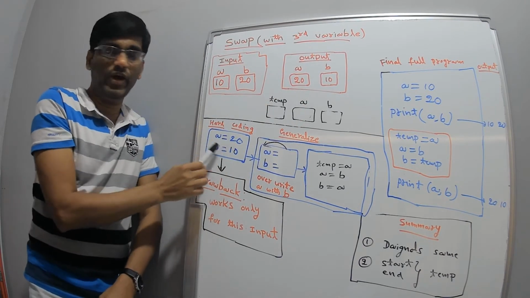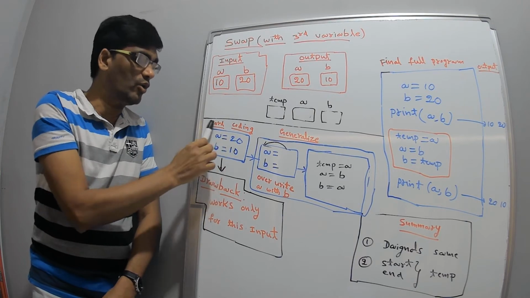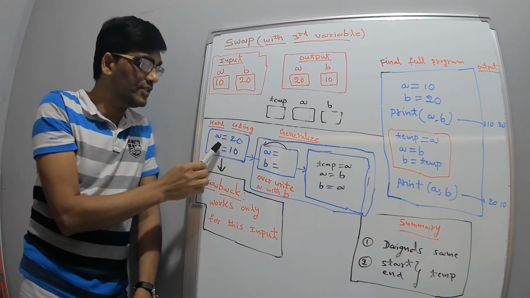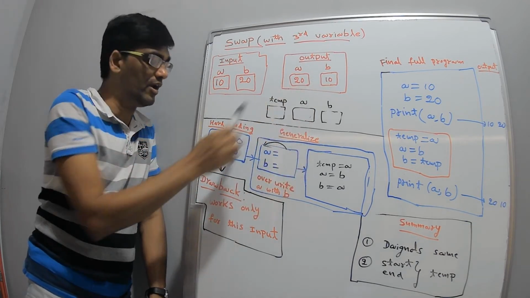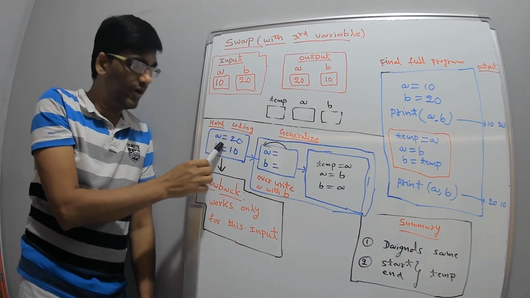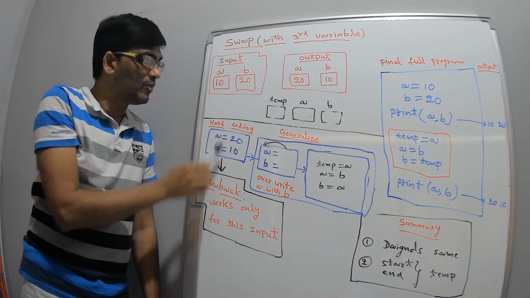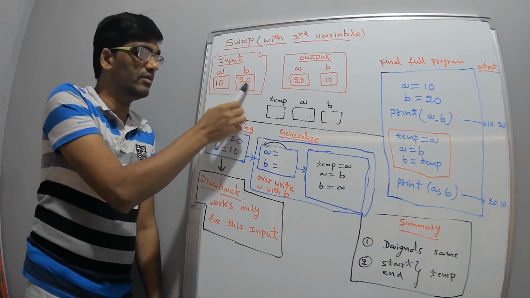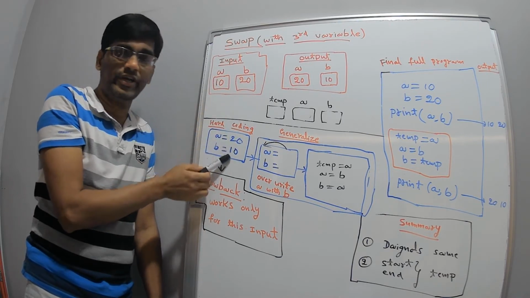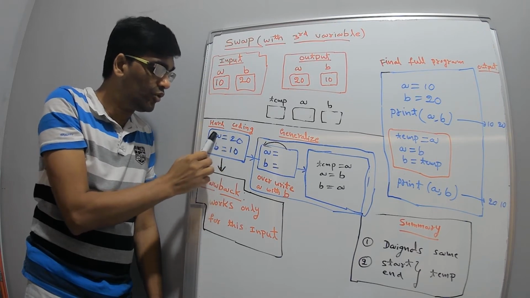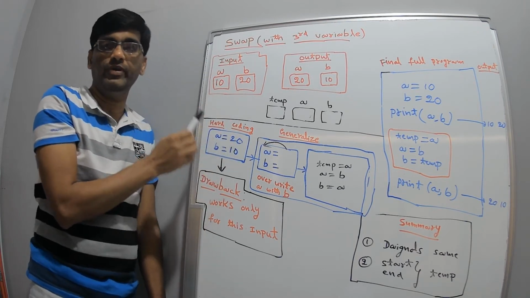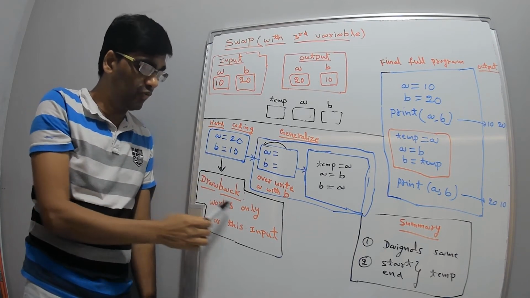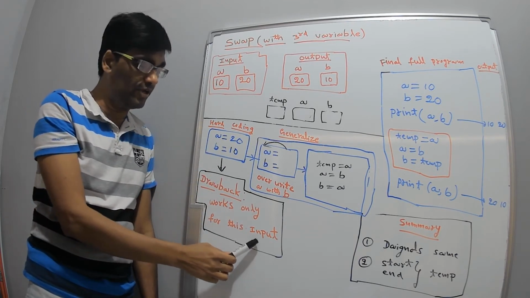So this is one way of programming. This is called hard coding. So what is the output you will give? a is equal to 20, b is equal to 10. That's what you need, so this will work. Only one drawback is, suppose you give 100 and 200, then the output will still come 20 and 10 only, because you hard coded a with 20 and b with 10. So the drawback is it works only for this number input.